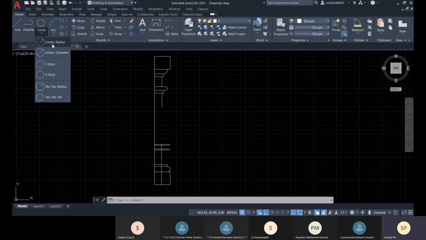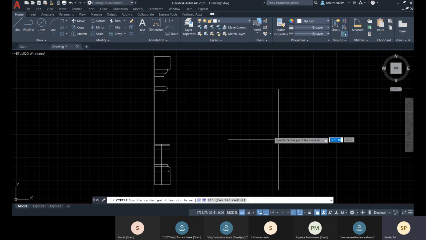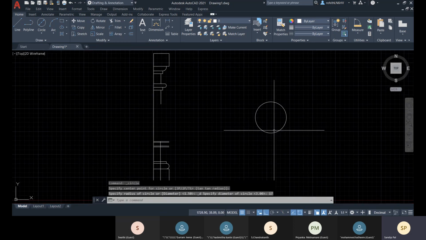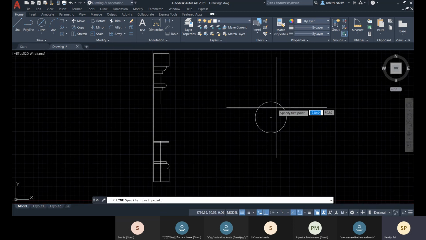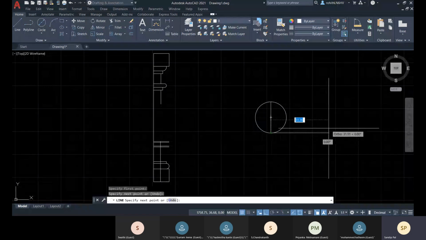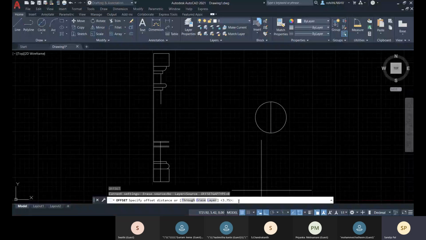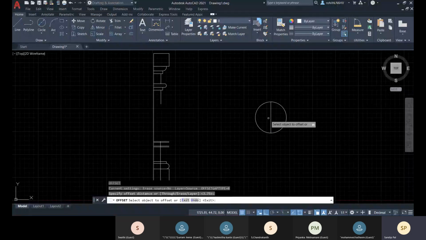So let's create a center diameter circle here. This diameter is 17, enter, and let me place this line over there, and then O, enter for offset, and then go for the offset value, that is 3.75.